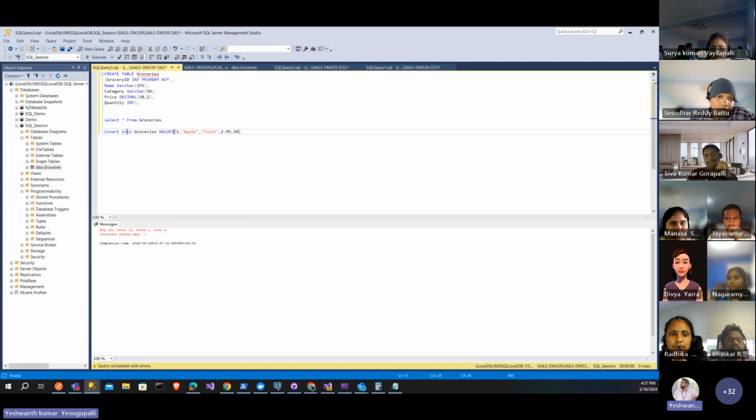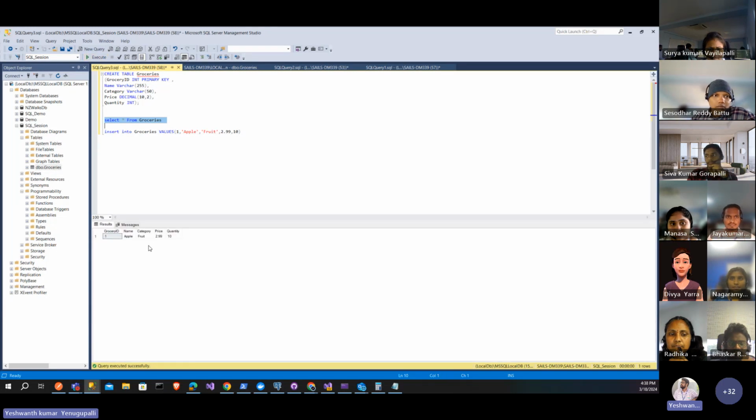This is the syntax of this: insert into table name and values. The values that we are going to insert in our table need to be specified here. I have tried to execute this, and it is showing that one row affected. Now we are going back and going to select the data over here, to see the data in this groceries table. As you can see, the data from this query has been inserted into our table: one, apple, fruit, 2.99 and 10